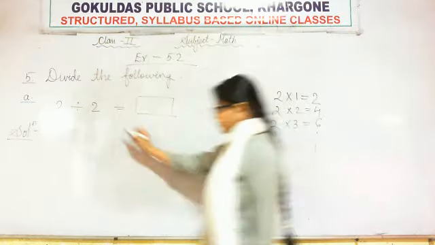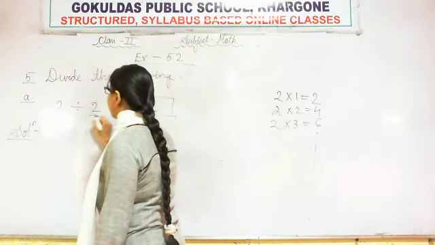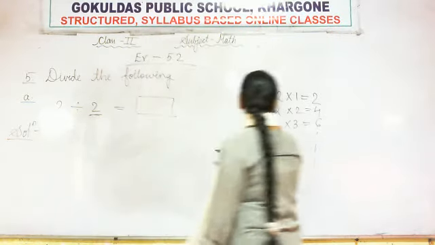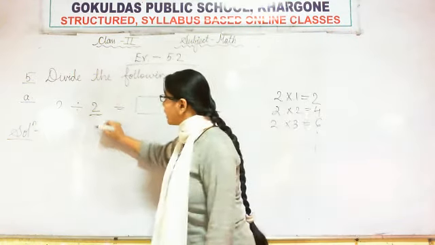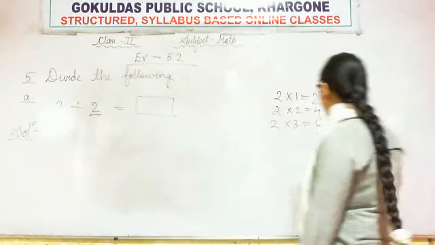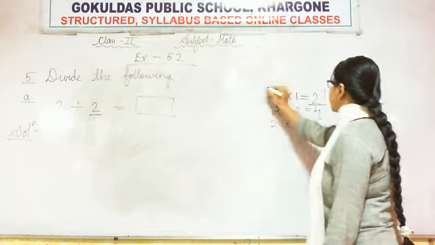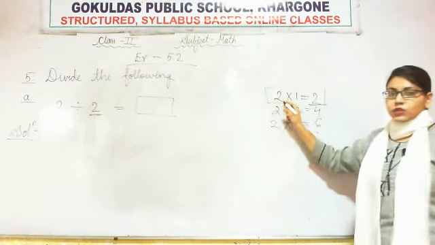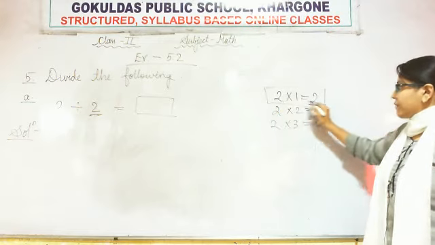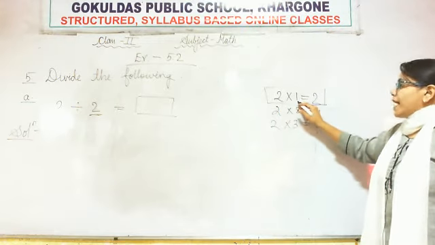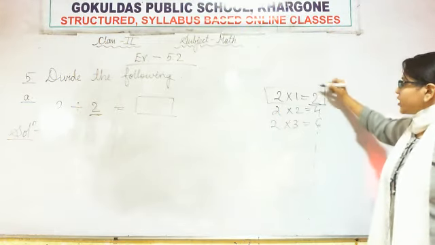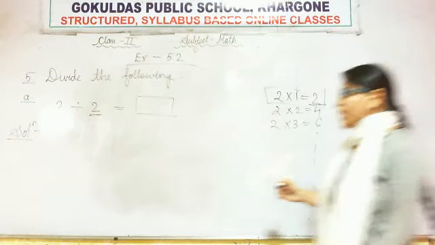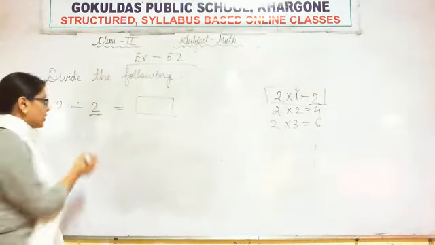See, 2 divided by 2. So in the table of 2 we need to find the number 2. So where is number 2? Here is number 2. So if we multiply 1 and 2, 2 into 1 is 2. If we multiply 2 by 1 then we will get 2. So our answer will be 1 here. So 2 divided by 2 is equals to